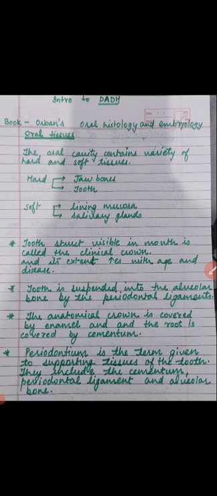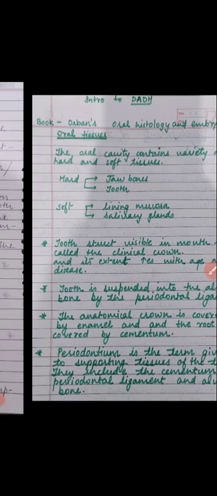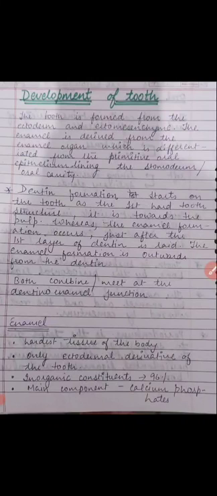The periodontium. Periodontium is a term which is given to the supporting tissue of the tooth. They include all the supporting tissues, the tissues which are surrounding the tooth, which are helping the tooth to stay in its place and stay in a healthy state. These could be cementum, periodontal ligaments, alveolar bone. Now comes another thing which we will be discussing in detail.